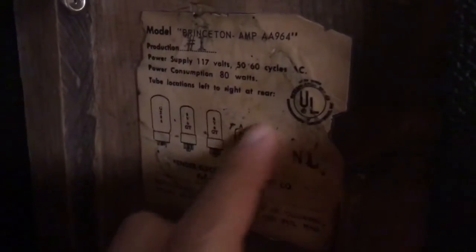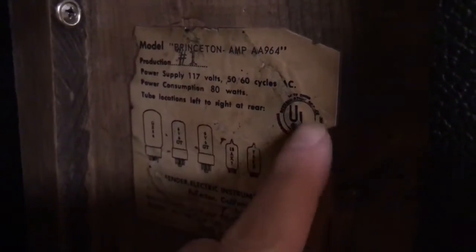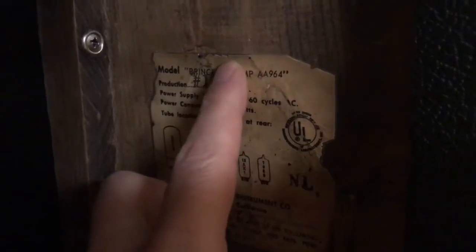And here's the original tube stamp chart, whatever you want to call it. That was one thing about it. When I went to clean this up, this thing was so old, it was flaking off like paper mache. So I peeled it off best way I could with a razor blade, and I don't know if you can tell really, but I laminated it. I took the pieces and glued them to a piece of paper, and ran it through the laminator just so I could hold on to the original